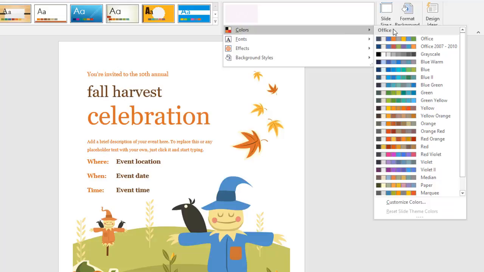Now, when I slide over to colors, one of the things you'll see right off is that there are several pre-built combinations of colors. These are all color sets that are designed to work together well, and we may want to use some of them, and you could just choose one of these and just go with it and be done. But we want to come down to customize colors, because what I want to do in this customization is